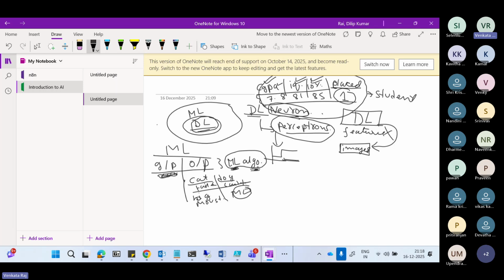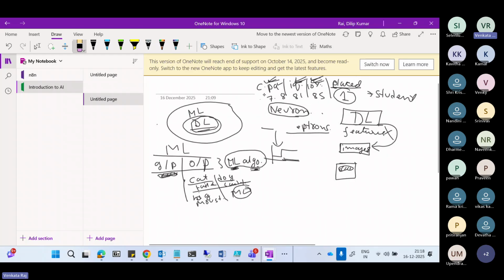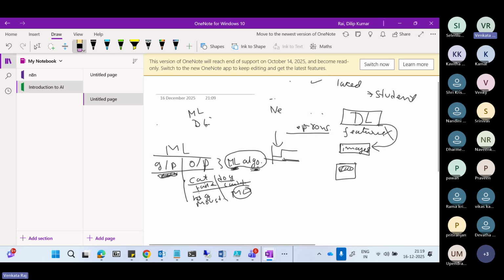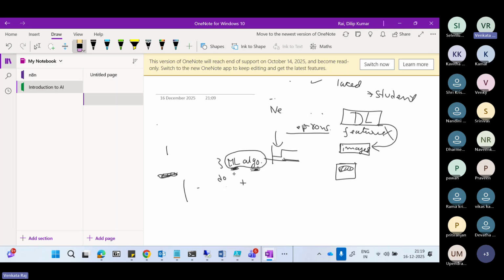So these are called features. But in deep learning, we don't need to give these features. We can give just raw input data, and it will learn on its own based on experience. So this is the basic difference between machine learning and deep learning. Deep learning you will understand very thoroughly when we go completely into it, because to understand deep learning you first need to understand machine learning, as most of the concepts are interrelated.